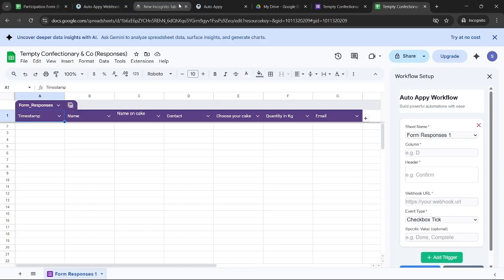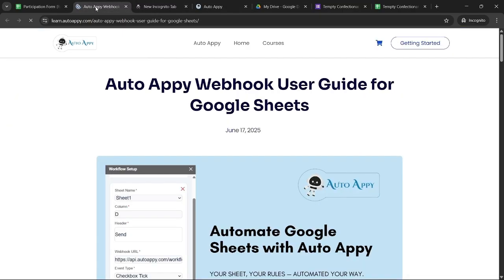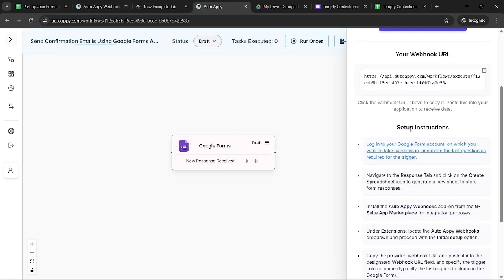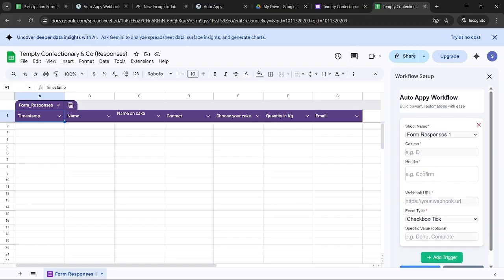Yes, so let's just go to AutoAPI again. Yes, so this is the webhook URL. Just copy it, come here to the sheet and paste it in the webhook URL section,